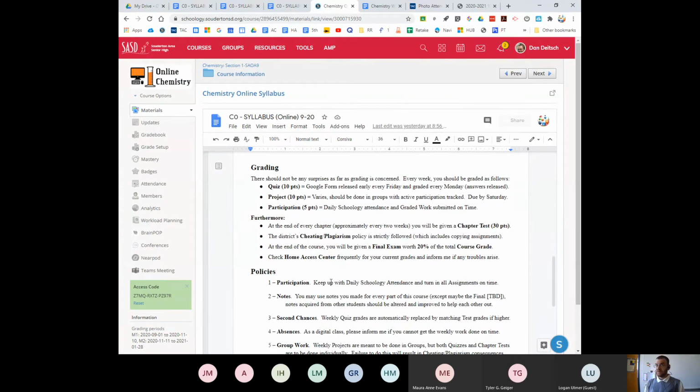Now here's the part that I know a lot of you were probably anxious about: grading. How are we going to be evaluated in this? Well, first off, there are weekly grades. You get 10 points for a weekly quiz that I will post on Friday, and it is graded by Monday. That includes this Friday. You will have a quiz on Friday. It is a pre-test. It will even say very clearly that if you take the quiz, you will get a 10 out of 10 if you do it on time.